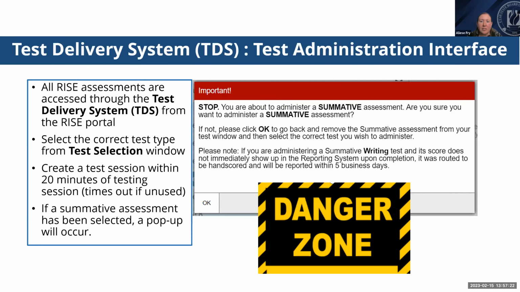So now we're going to go step by step, screenshot by screenshot through the administration process. The first step in administering any test is to create the testing session. This should be done fewer than 20 minutes prior to starting the test session, just in order to prevent the